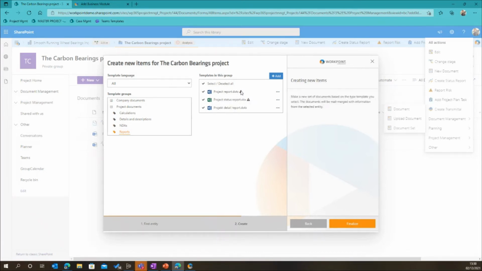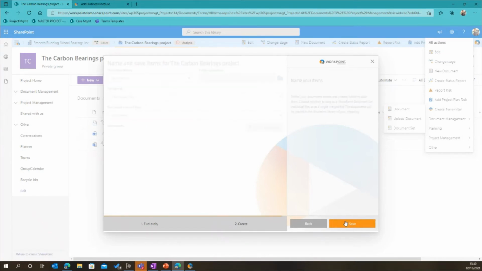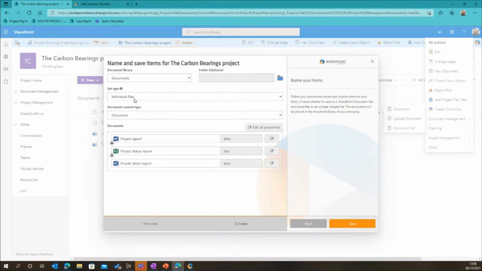You're getting a warning here to say, okay, this hasn't been set up for merging, but it kind of gives you the idea. And I can also say I don't want these ones. And the system administrator can also set ones that are compulsory. So if I do that, and then I do finalize,